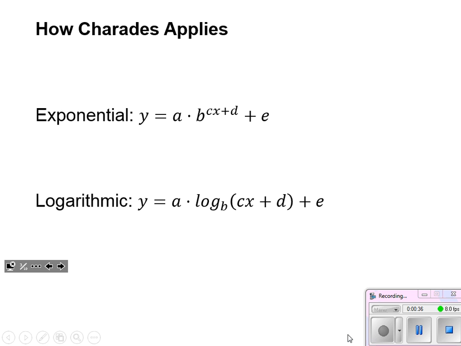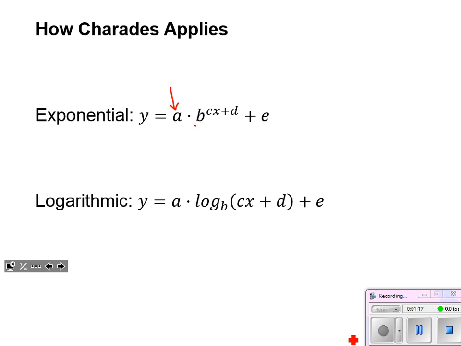All right, so what I've given you here, first of all, is showing all the different places we can multiply numbers in to an exponential, or add them in as well, to an exponential or a logarithmic equation. Now, I'm using the variables a, b, c, d, and e. Realize that e as a variable, I'm not talking about that 2.718 that we saw in section 6.2. It's just showing where we could add a number. So just to run through again quickly, a number out in front that is multiplied, if it's positive, it could be stretching or shrinking our graph. If it's a negative number, it will also apply a vertical flip to it.